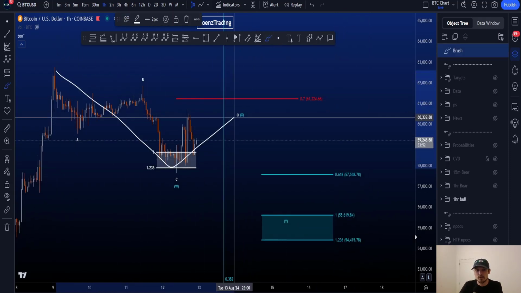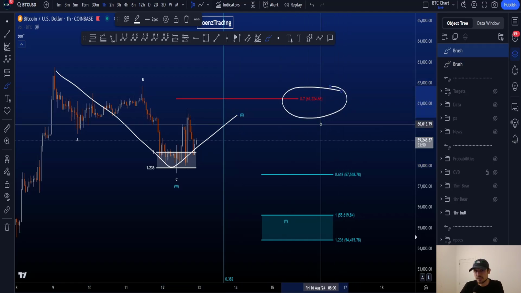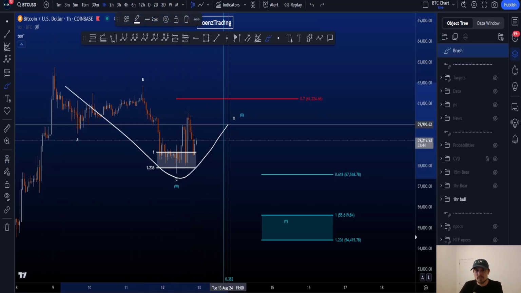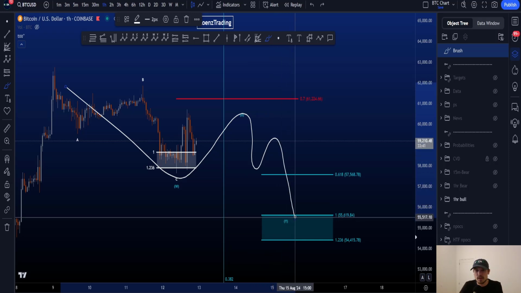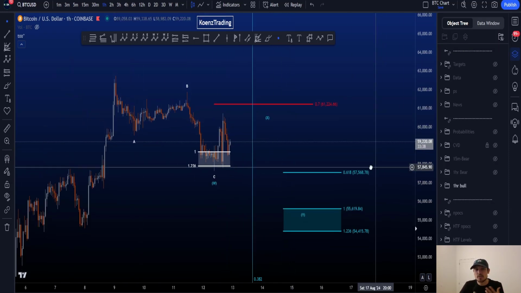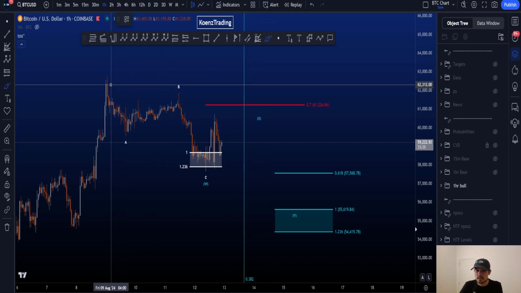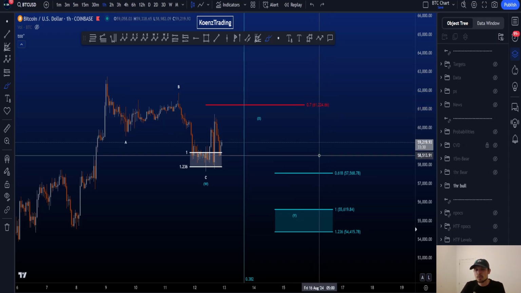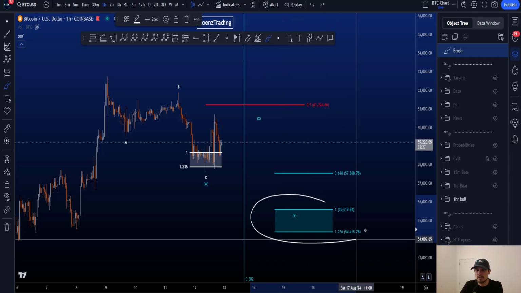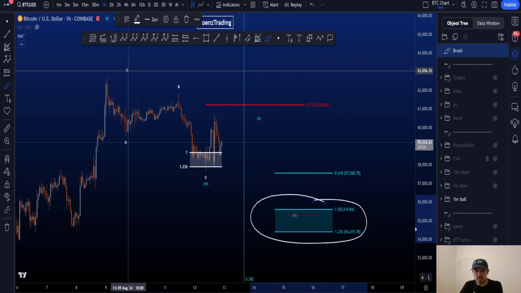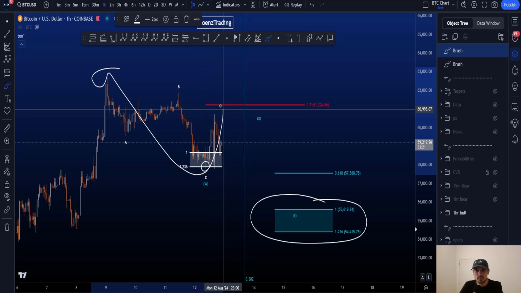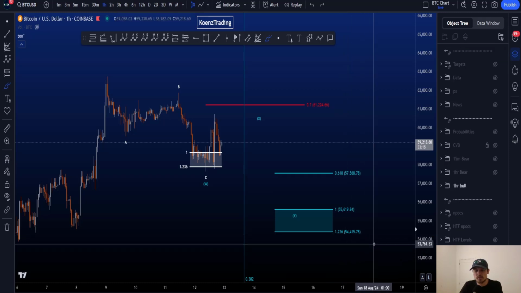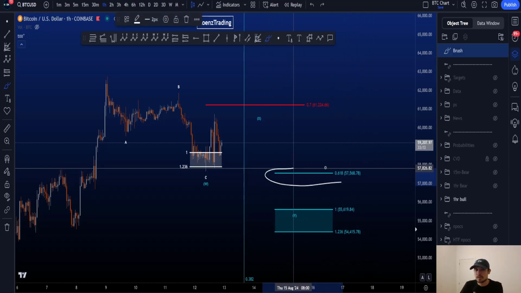where we have a wave W, look for X, preferably not touching the 0.7 at 61.2k taken from the start to the end of W, and after your wave X you then look for a 5-3-5 zigzag to the downside. Now, if we look at a sharp WXY, a double zigzag WXY, where X does not touch the 0.7, then the most common target at the moment for wave Y, being between the 1 and the 1.236 trend-based fib extension, taken from the high to the low of W to the current high on the chart, is between 55.6k and 54.4k, with a minimum target being the 0.618 at